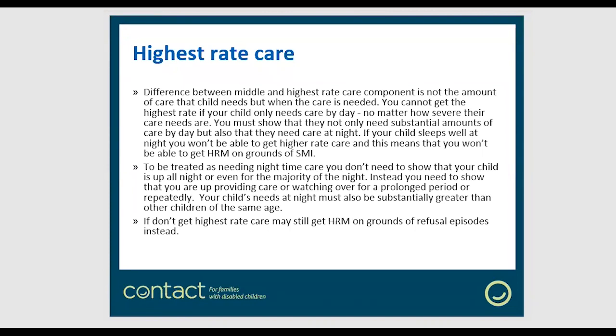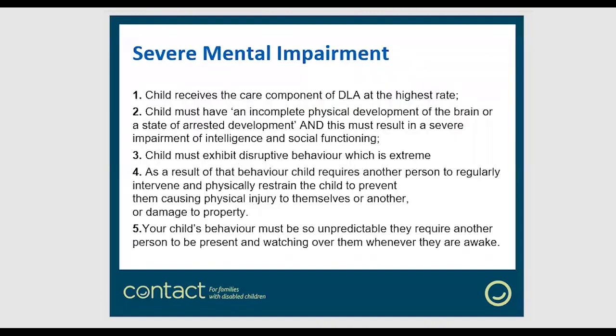Okay, so I'm now going to move on to the next of the tests that's used in severe mental impairment. Just to reiterate, the tests are: child must be on the care component at the highest rate. Child must have an incomplete physical development of the brain or a state of arrested development and have a severe impairment of intelligence and social functioning. Child must exhibit disruptive behavior, which is extreme. As a result of that, they must require another person to regularly intervene and physically restrain them. And the child's behavior must be so unpredictable that the whole time they're awake, they need another person present and